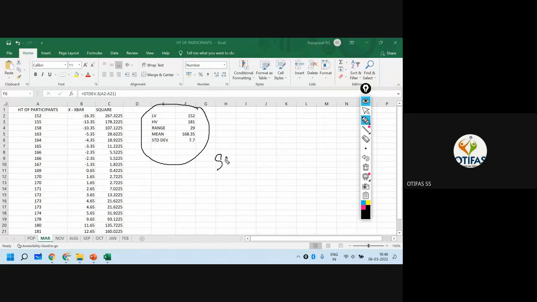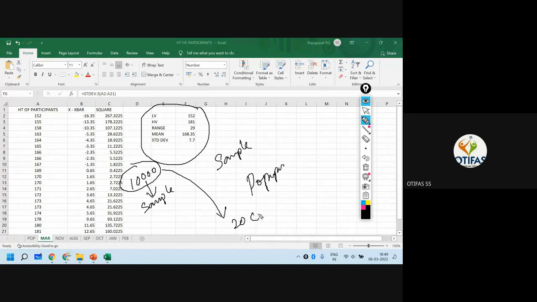Now, this was a sample. Now, there is something called population. What is population? Suppose in the UP election, let's take the same example. The survey team goes and collects some 10,000 data. Suppose 10,000 people have been surveyed. What is this 10,000? It's called a sample. But this sample has been drawn from where? From a population of 20 crore or 18 crore people who have voted. So this is called population.